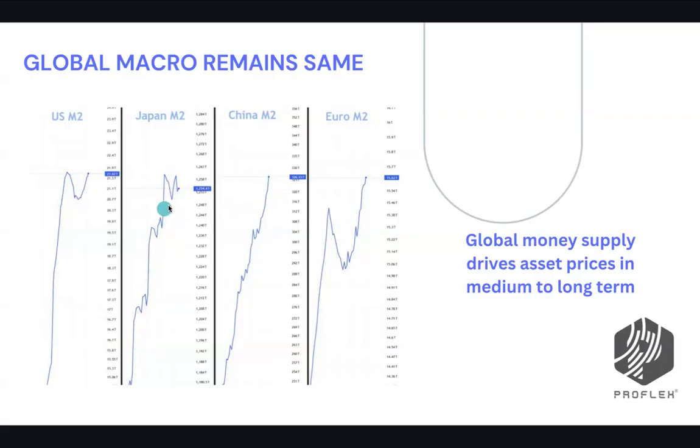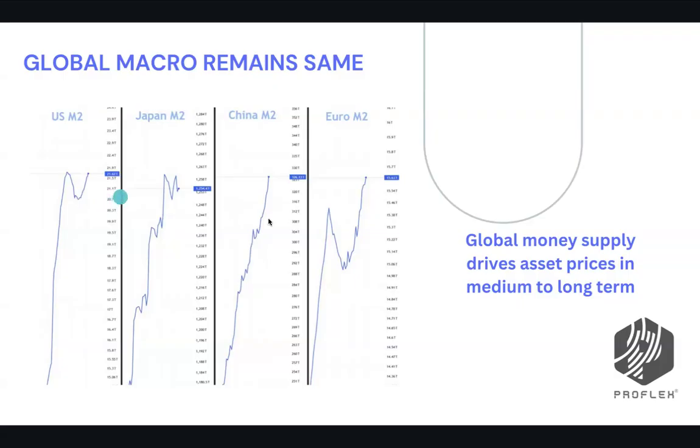Now, Japan has also been growing their money supply. The Euro usually follows the US, and since the trade war they have accelerated, mainly because of Germany, because of the defense spending needed to balance out Trump's pulling out of Ukraine and so on. All these things we can discuss and spend a lot of time on, but let me tell you the moral of the story here.